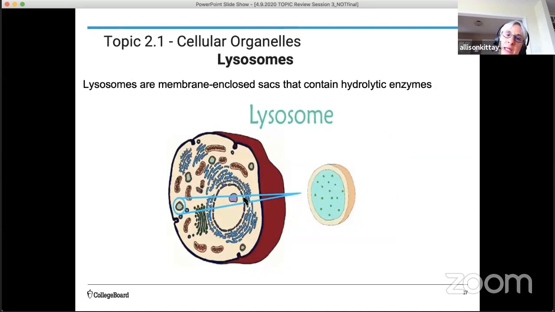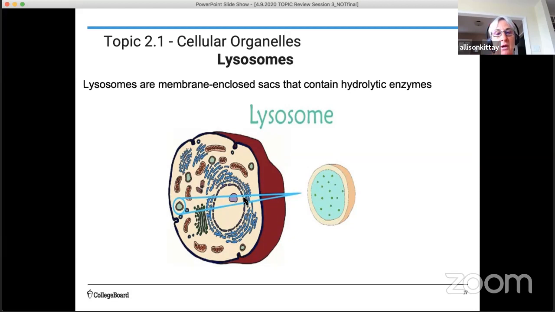The next one is the lysosomes, and lysosomes have the nickname of a suicide sac, and that's because they are responsible for getting rid of any things that have made their way into the cell that need to get broken down. Lysosomes are membrane-enclosed sacs that contain hydrolytic enzymes. We talked about these. Hydro means water, lytic means to bust apart. So hydrolytic enzymes are going to break down any foreign particles or worn out organelles or anything that shouldn't belong